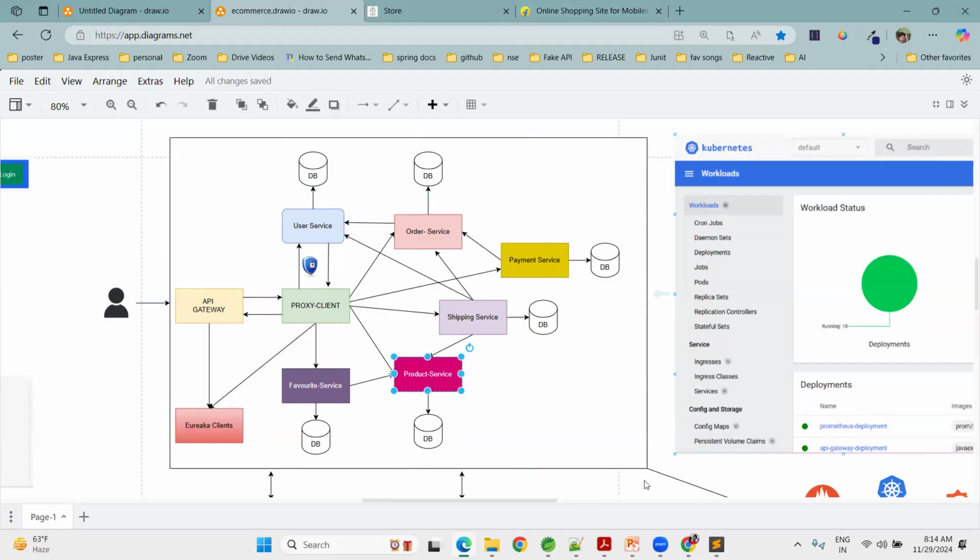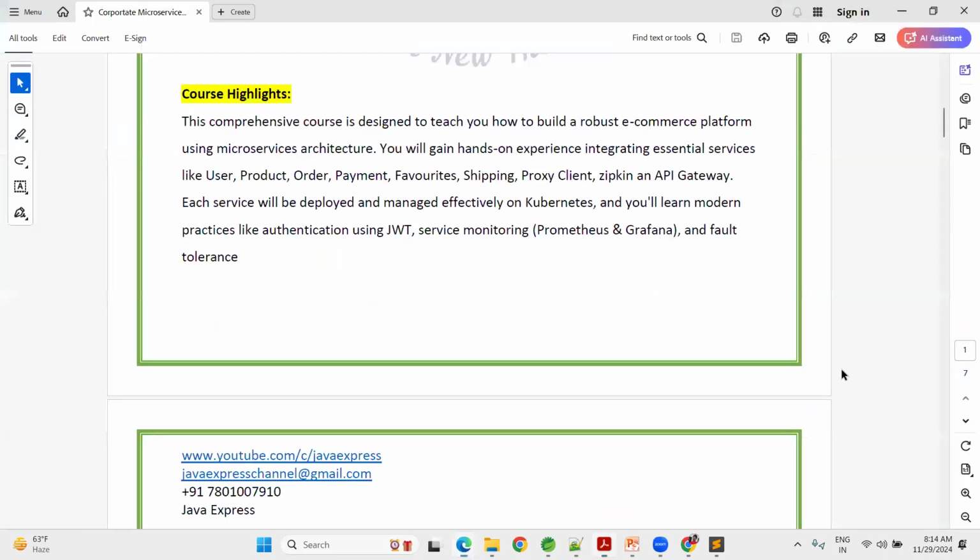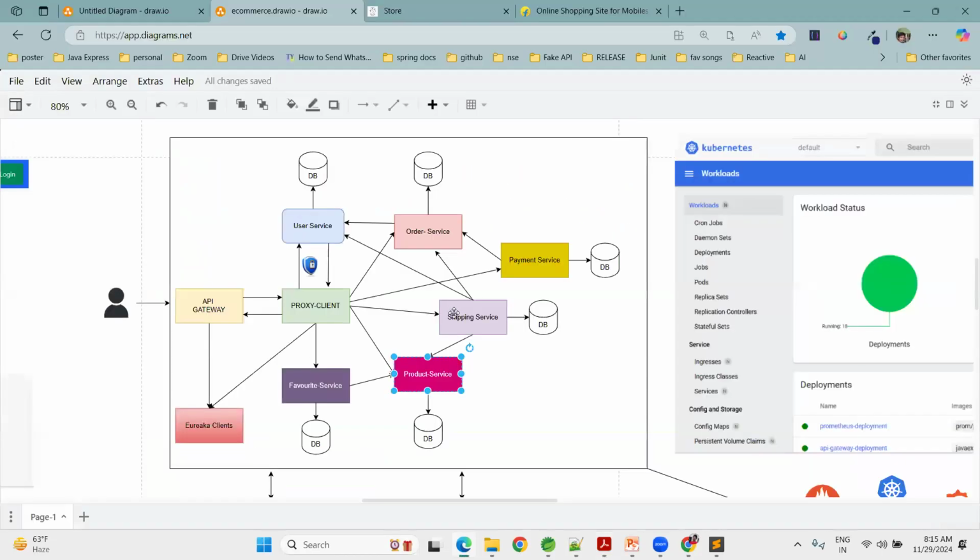When you are developing these things, what concepts will come? See here, the essential microservices are user, product, order module, payment module, favorite module, shipping, proxy client, Zipkin, and API gateway, and at the security level also. If you think about a monolithic style, security will come in one place only. But when you are dividing monolithic into microservices,